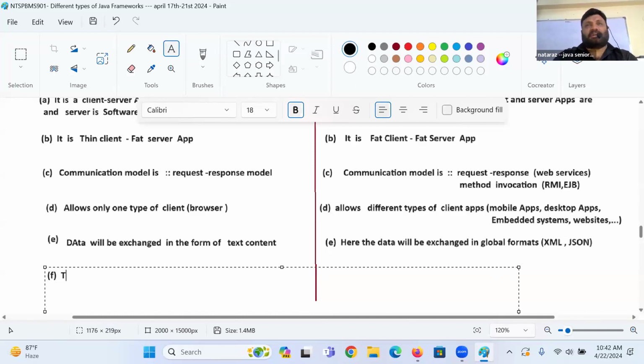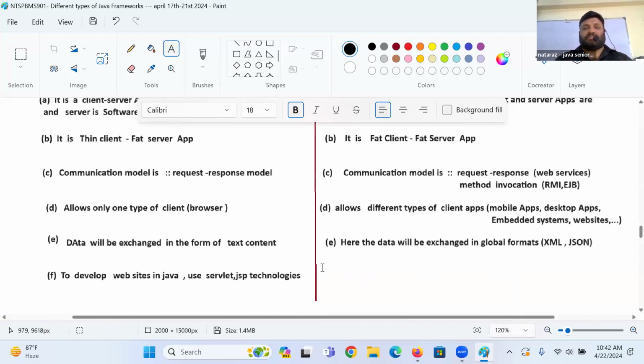F, guys. Tell me. To develop websites in Java, use servlet JSP technologies. Agree with me, guys. Use servlet JSP technology. F, guys.